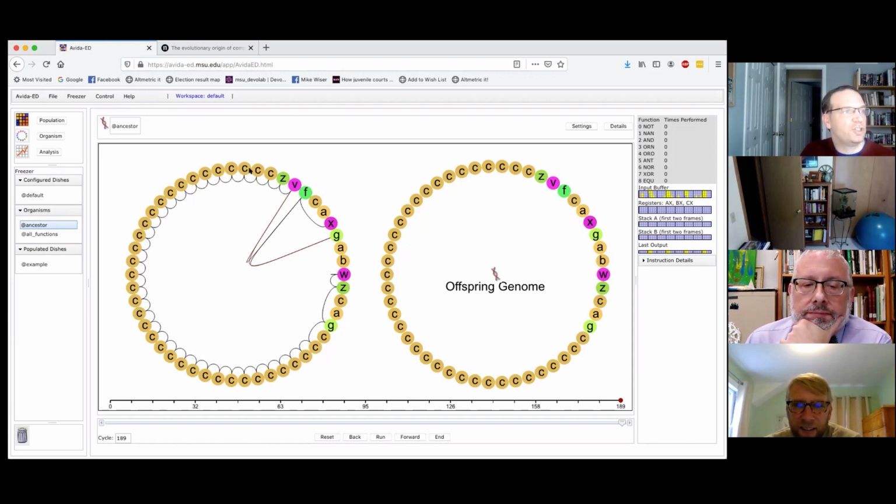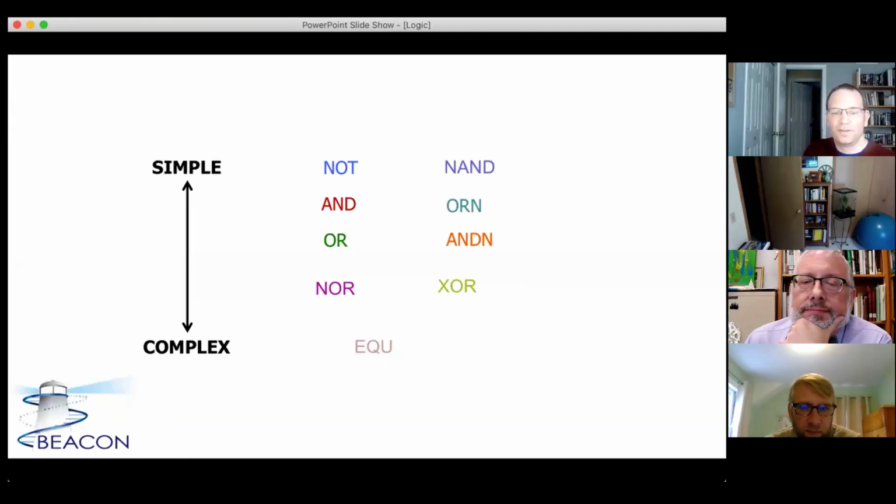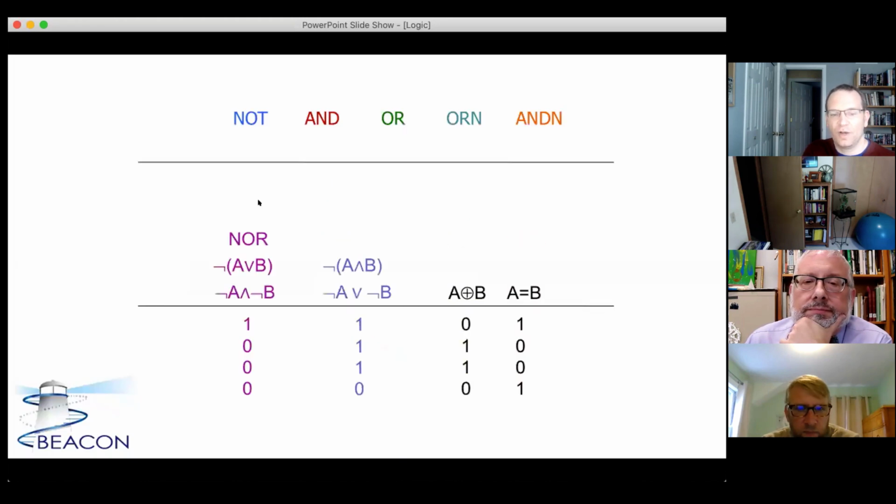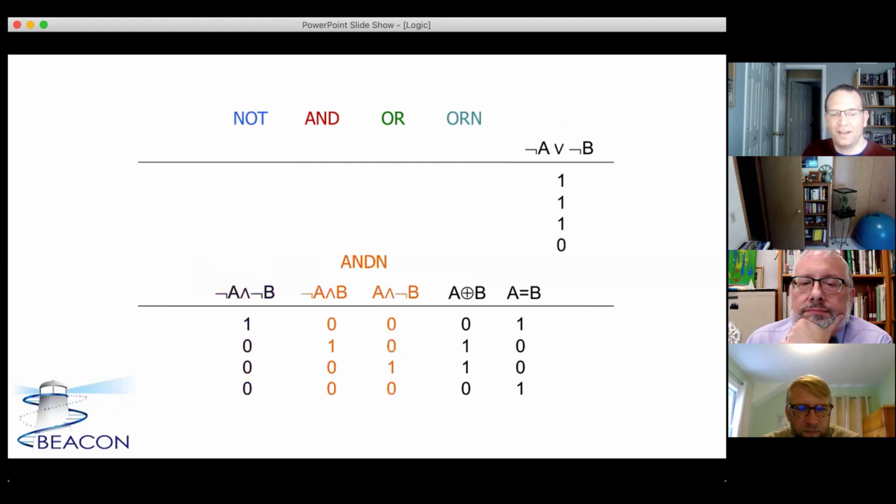So the other thing I do want to take you back to, since you were asking a little bit about how we can build up some of these simpler tasks into some of the more complicated tasks, let's go back here for a moment to look at our logic tables again. You can see we built to some of these more complicated ones; the AND NOT was one of these middle ones, right? Well, if you think about this, our AND NOT is based on NOT of one of these things and the other one.